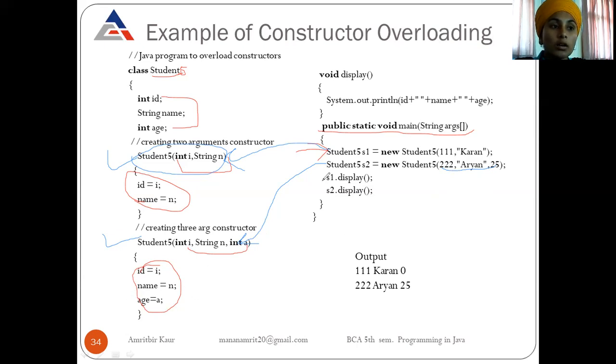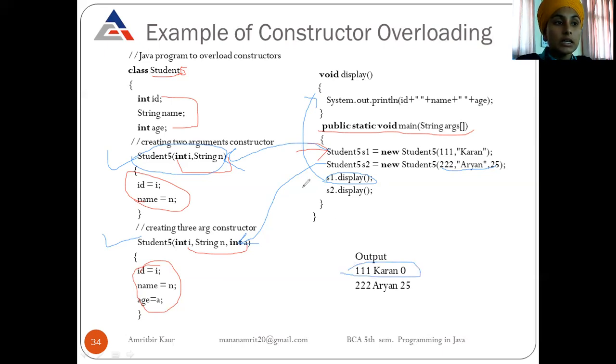Now we call S1.display, which means object 1 invokes this method. In this, ID, name, and age will be printed. Object S1 contains the value 111 for ID and Karan for name, but there is no value for age, so the default value 0 is printed on the screen.